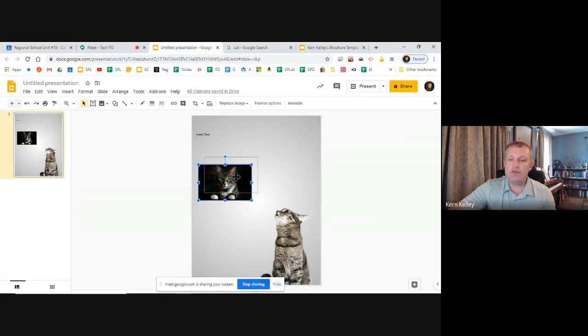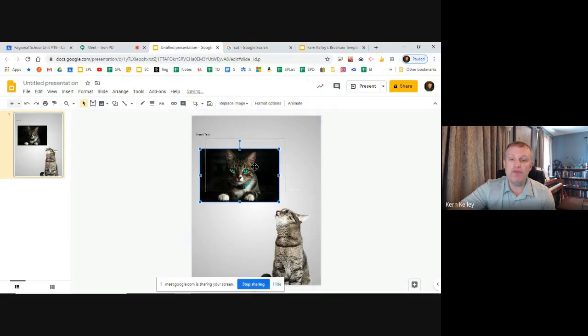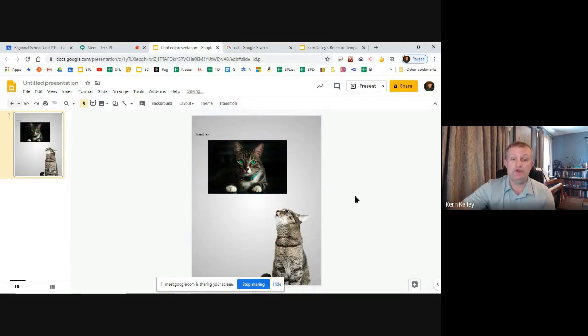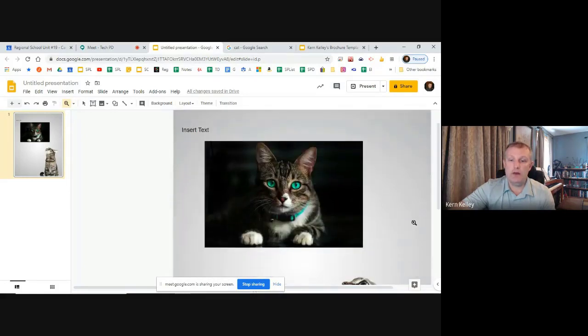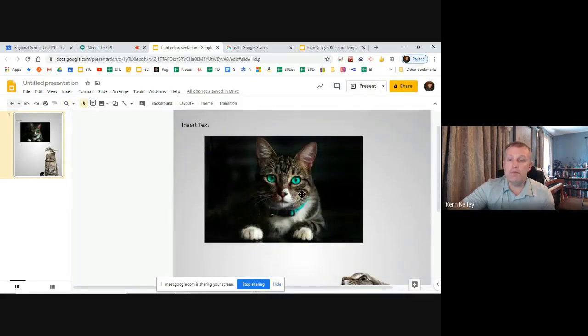Also, we talked about this one of the other days, but I'm going to share this too. If I do want to do some more editing of the image itself, built into Slides, right in here, I'm going to zoom in a little bit. Click up here on the magnifying glass. Let's try that again. There we go. Just so you can see a little bit better. Scroll up a little bit. Okay. So if I want to do some editing of this picture here, the first thing I can do, if